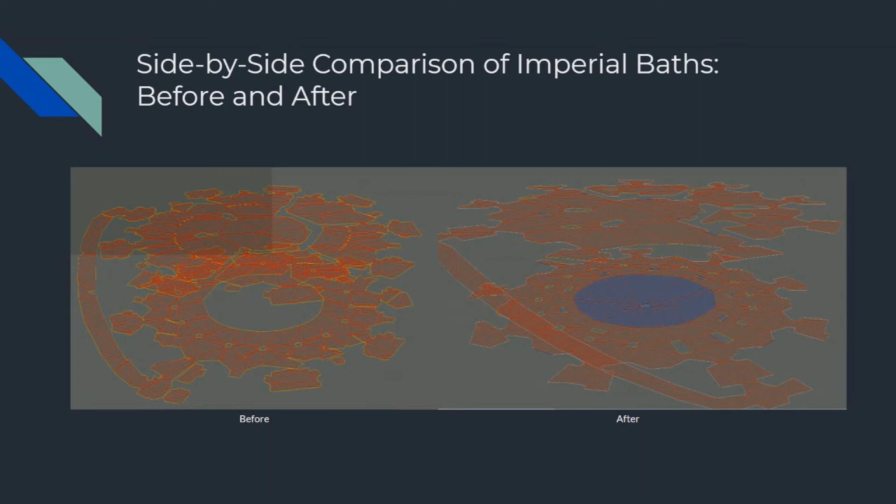So if you can see on the left side, the Navmesh is extremely broken. In fact, it's not quite well seen, but the Navmesh going from the bottom floor to the upper floor is broken. So if there are any quests involving these two floors, so maybe the Emperor takes a bath and then decides to walk up the staircase, he's not going to be able to make it to his room, not going to be able to make it to his private study. The AI is going to be infinitely trapped there. Perhaps you can use console commands, perhaps you can summon him across the gap, but if the Navmesh is broken, basically,